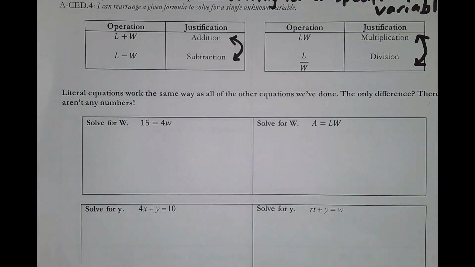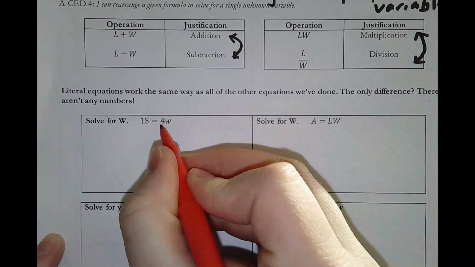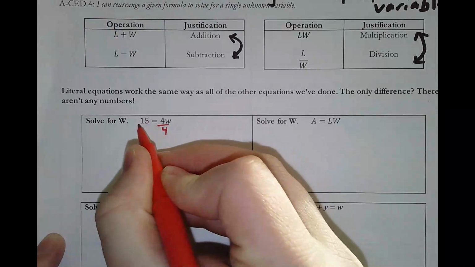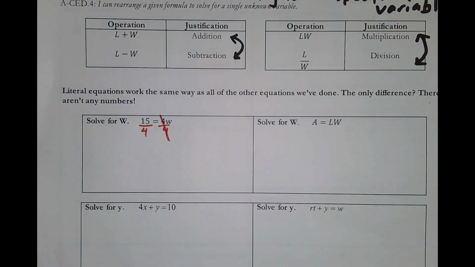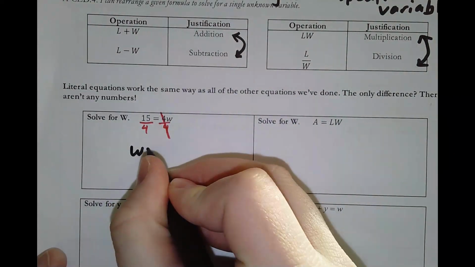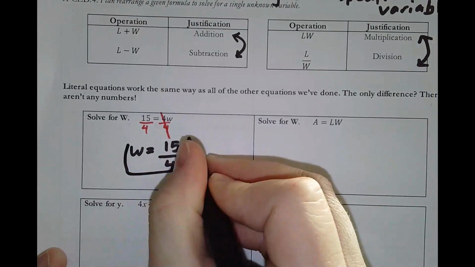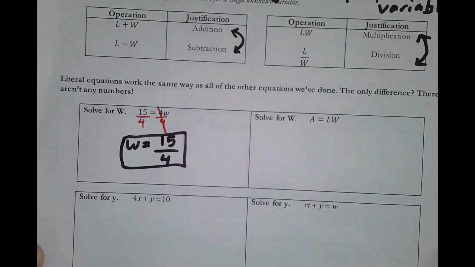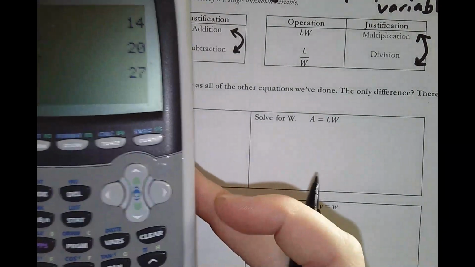Well, what would you do? How would you get rid of the 4? How do you get rid of the 4 that's next to the W? Yeah, you would divide by 4. So this is an example of just a straight equation, right? So if you divide by 4 to both sides, you're going to get an answer of 15 over 4, and you can leave it like that, okay? Or you could simplify, right? 15 divided by 4 happens to be